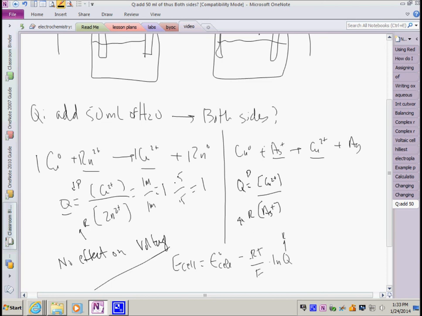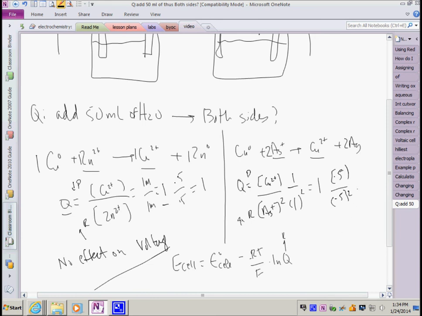But in this one, because there's a 2 here, I get a square. So 1 divided by 1 squared, standard conditions, equals 1, just like the other standard condition. But if I were to drop this to 0.5 and 0.5, all over 0.5